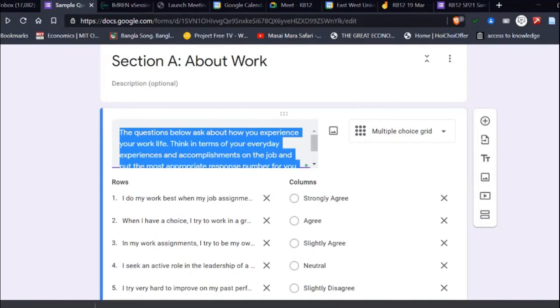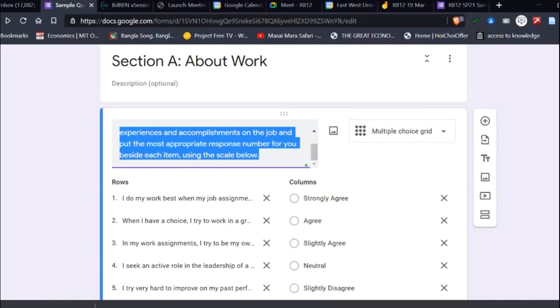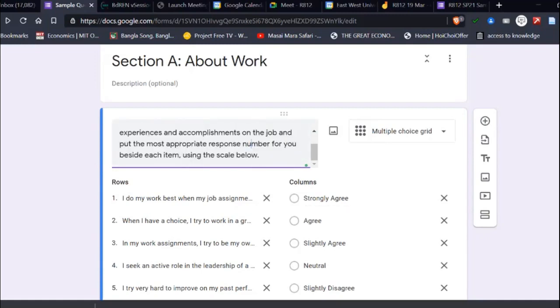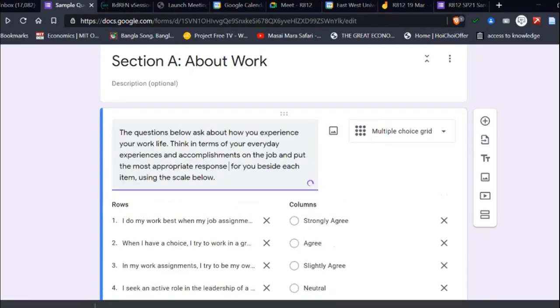Think in terms of everyday experiences and accomplishments on the job, and put the most appropriate response beside each item